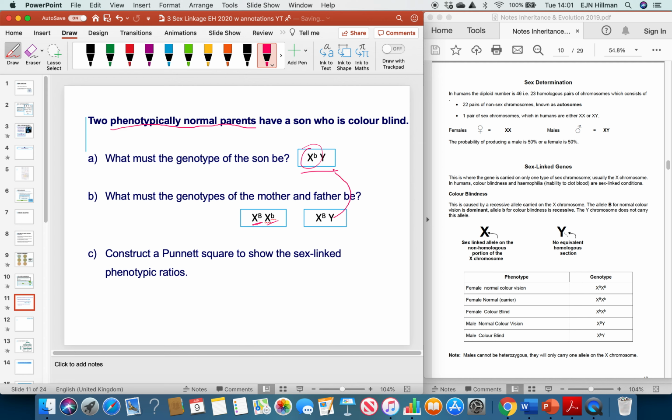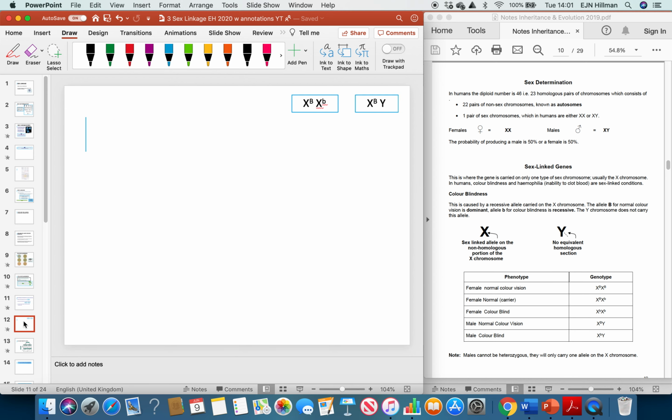So construct a Punnett square to show the sex-linked phenotypic ratios. Let's do this in full. So the parental phenotypes. Well, we have a mother who is phenotypically normal, but we know already she is heterozygous, so we can call her a carrier,